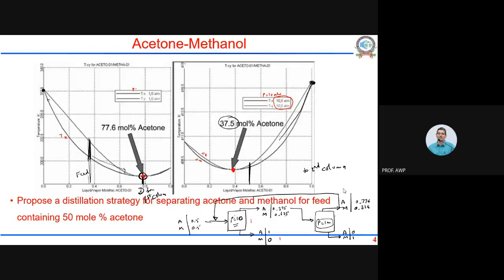So whether to have 1 atmosphere first followed by 10 atmosphere, or 10 atmosphere followed by 1 atmosphere, that decision will be based on economics. But in general, which one do you think will be first, 10 atmosphere or 1 atmosphere? 10 atmosphere, sir. 10 atmosphere. Why is that? Sir,